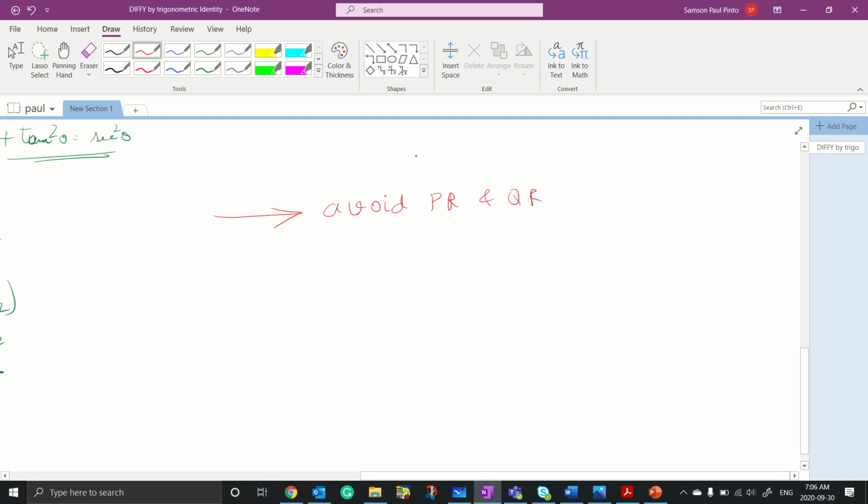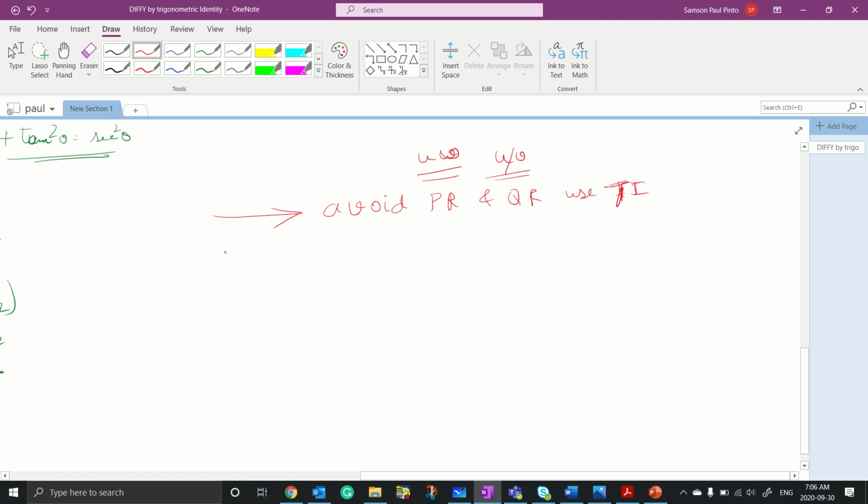Avoid the u into v and u by v rules as far as possible. You can avoid these only if you can use some trigonometric identities. If you can use some trigonometric identities, avoid these two rules as far as possible